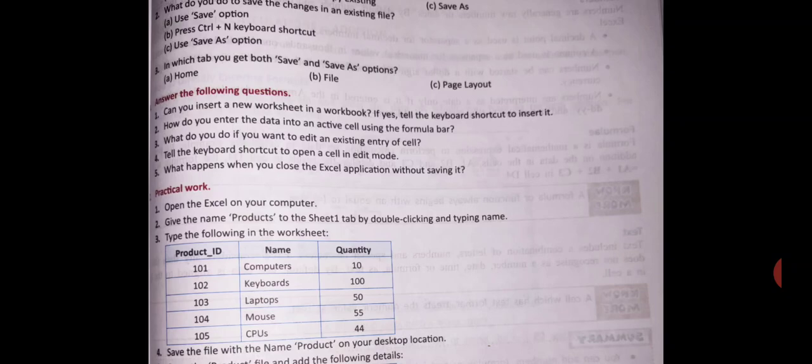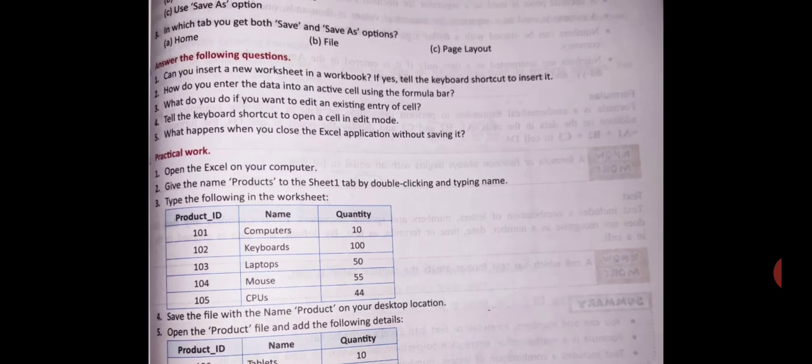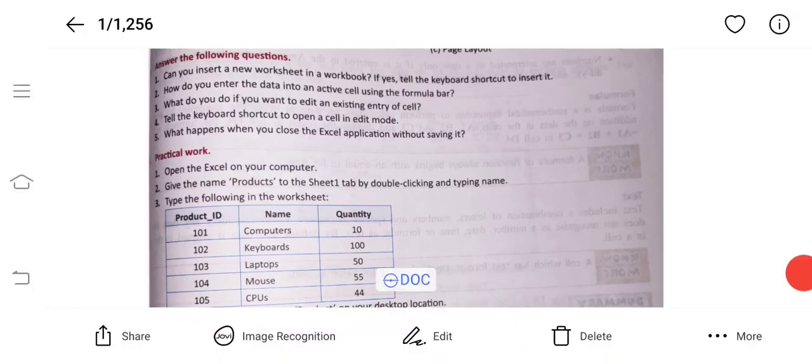You have to do all the 5 questions. And practical work, these things I'll give you in the practical only. You just write these 5 questions in your copy. Okay, do this work and maintain as per date.